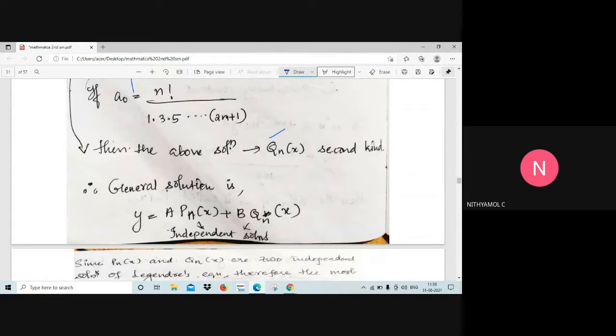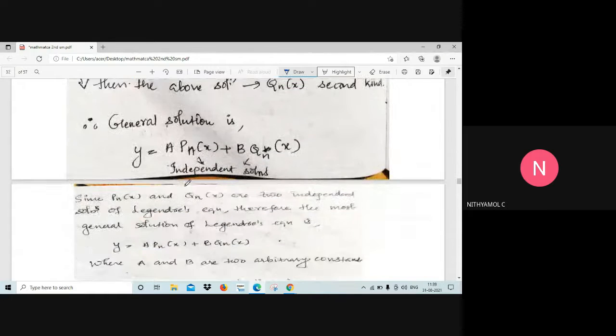And the most general solution of this Legendre differential equation is y equal to a Pn of x plus b Qn of x, and a and b are two independent arbitrary constants, Pn of x and Qn of x two independent solutions. Next, Rodrigues' formula of